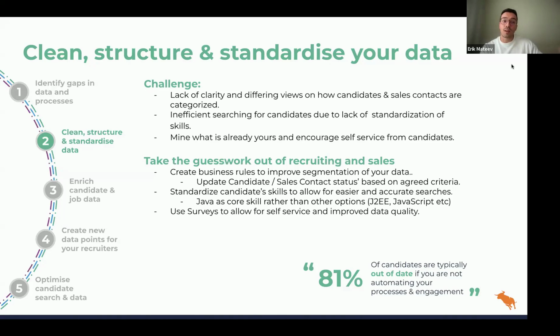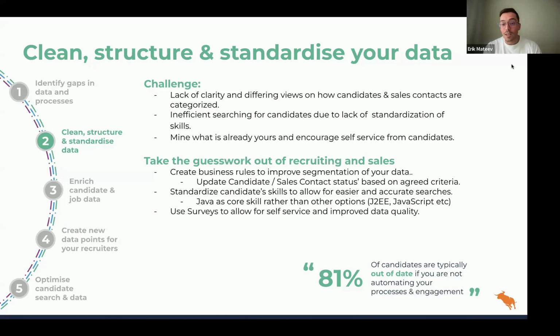And a good practice is to have a conversation internally, whether it's building a cross-functional team from the recruitment side, the sales side, and operation side, and determine what is very time-consuming and considered busy work for the recruiters, and start focusing on that first so that you can gradually start to drive adoption across the board and make sure that whatever is busy work and taking too much of the recruiter's time, you're actually taking care of in the background.